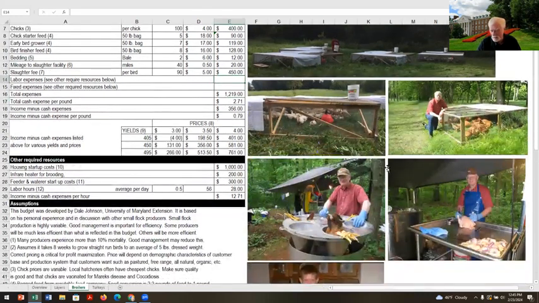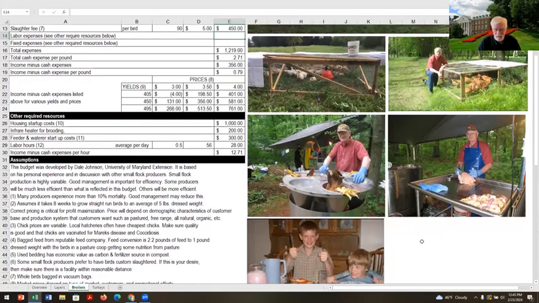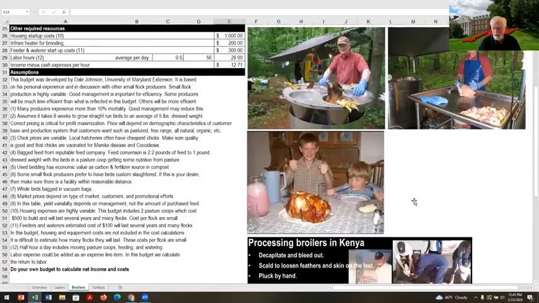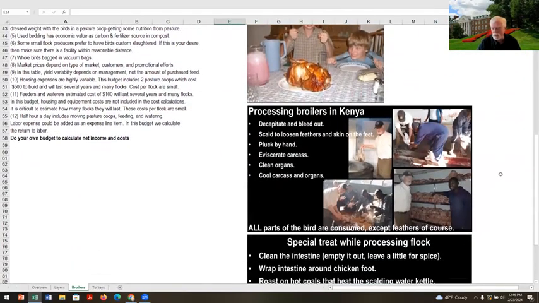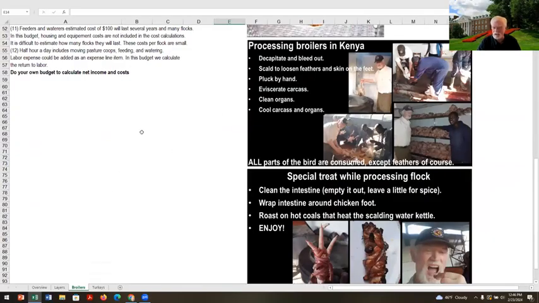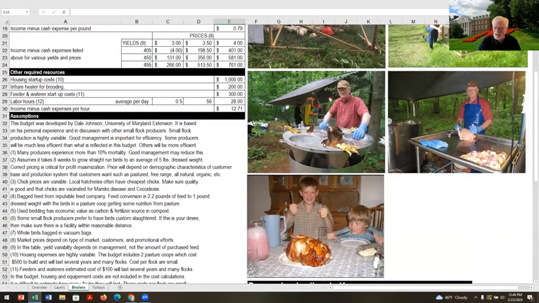And I've just got some pictures of slaughtering the birds. Again, you may make some money in slaughtering the birds yourself. I'm just going to throw up a couple of slides. John Moyle and I are both working in Kenya with broiler producers. It was fun to go in and help these people slaughter their chickens. Of course, you decapitate them, bleed them out. There's no killing cones. I told them they've got to buy the killing cones because they're not that much. You can just get some plastic cones and make this yourself. It doesn't have to be stainless steel over there.